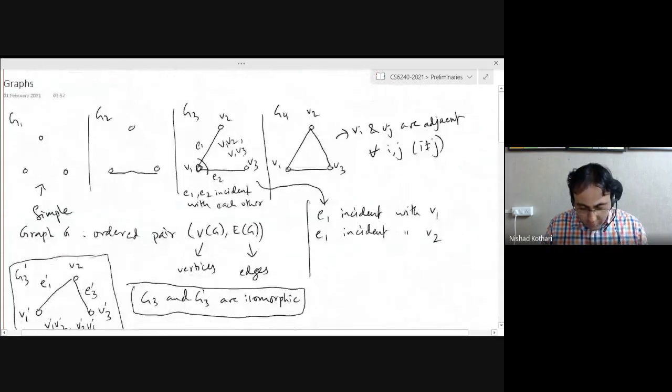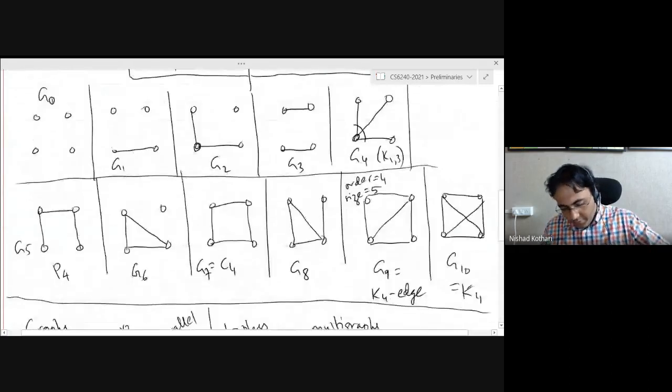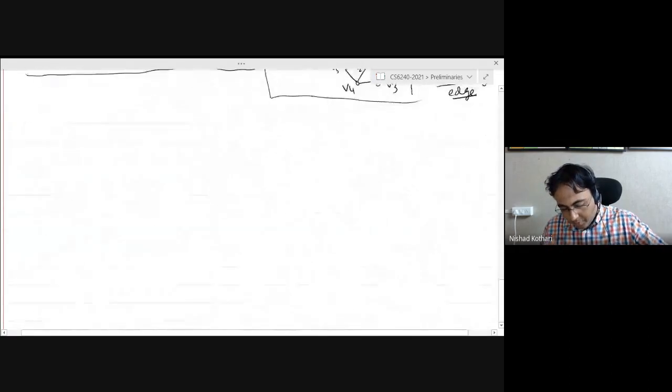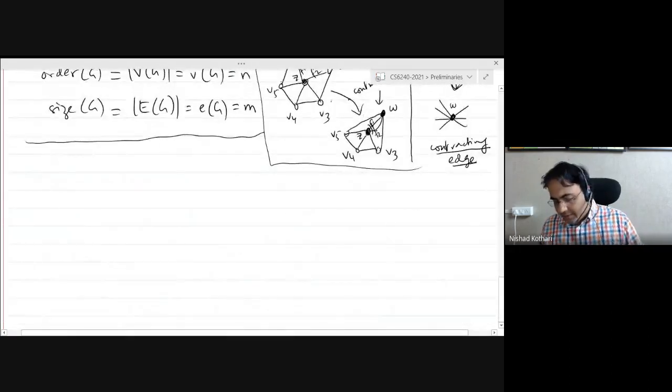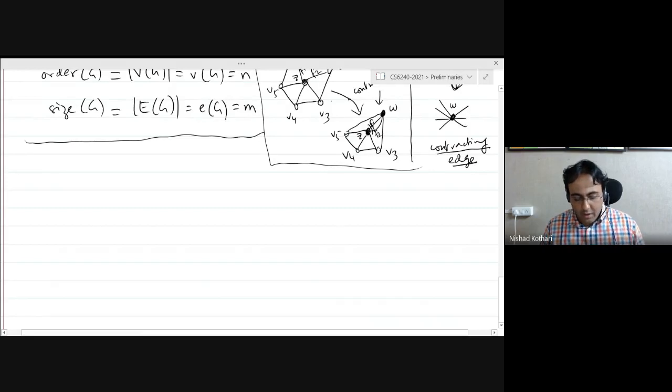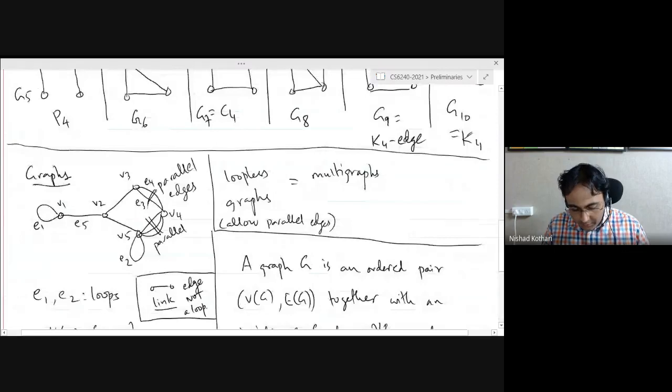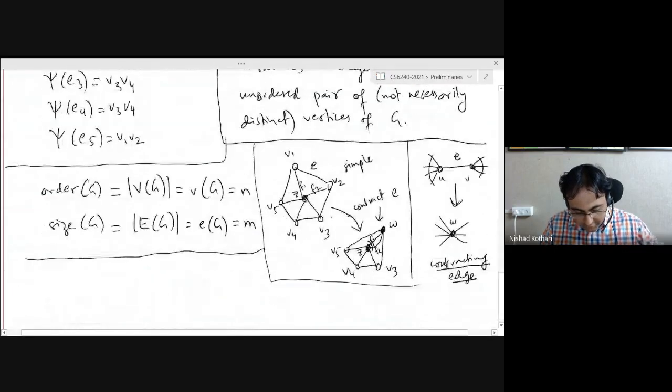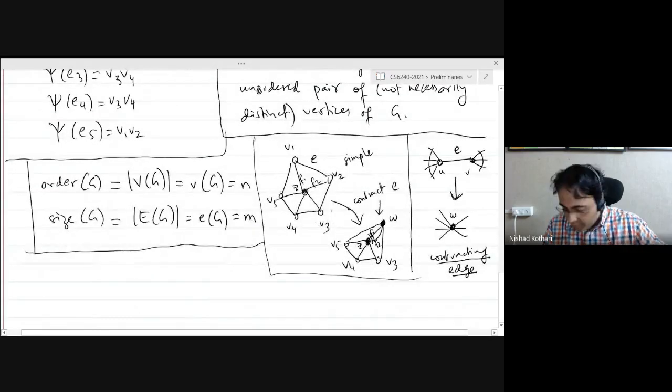So that's what a graph is going to be in this course, right? We are going to have multiple edges and loops. But as I said before, for many parts of this course, we will not care about multiple edges and loops. And I will generally make it clear when that is the case. Okay, good. We also discussed order and size of a graph. So order is the number of vertices and size is the number of edges, right? We just discussed that here.